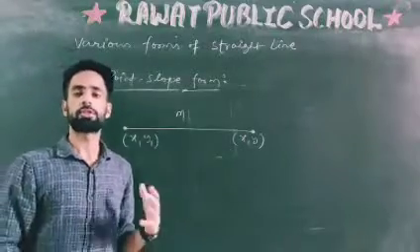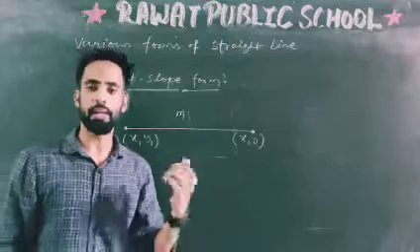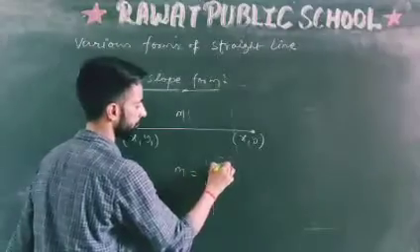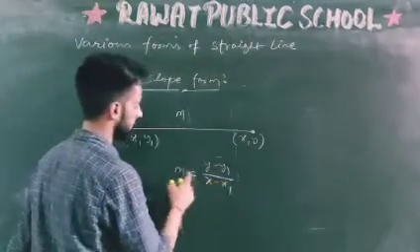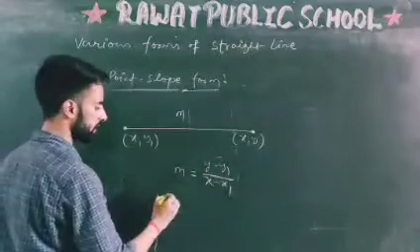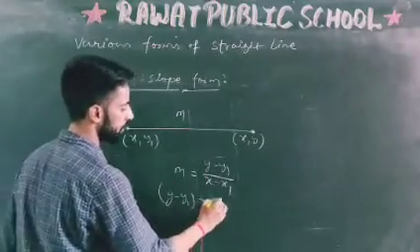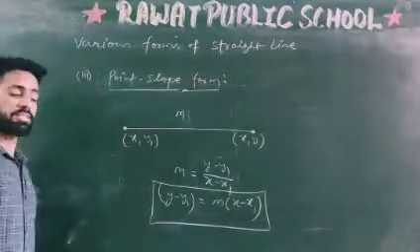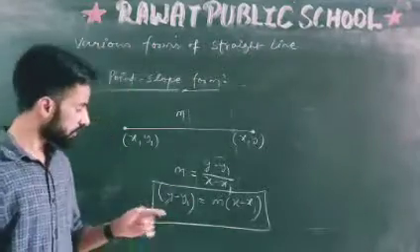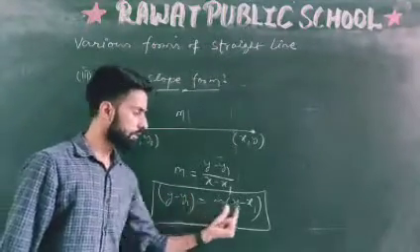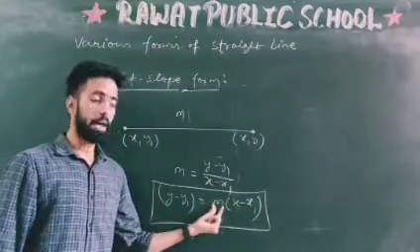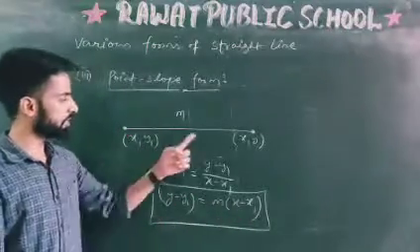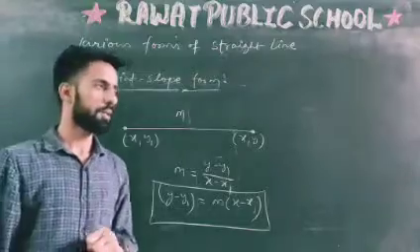Now we know that when two points are given, the slope m is equal to y minus y1 upon x minus x1. Now let's cross multiply, and we get y minus y1 is equal to m times (x minus x1). So this is the equation of the line which is passing through the point (x1, y1) with the slope m given to us. If we have the value of m and the passing point, we can find the equation this way, right?